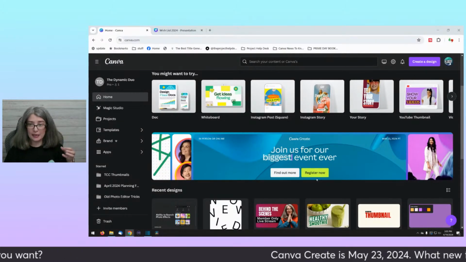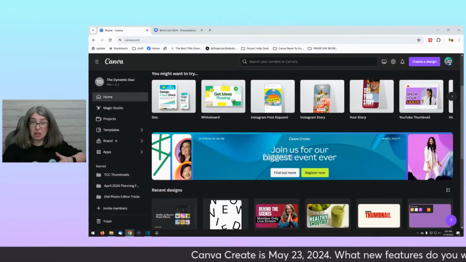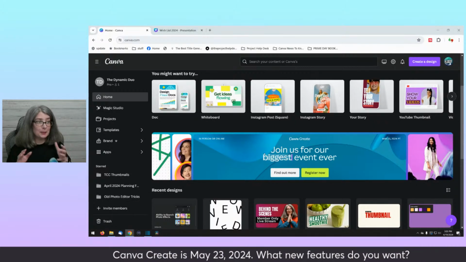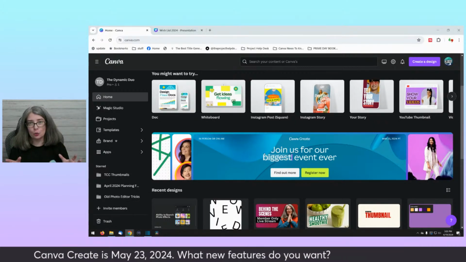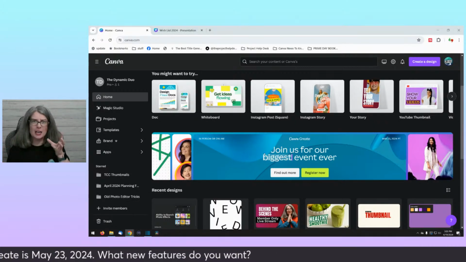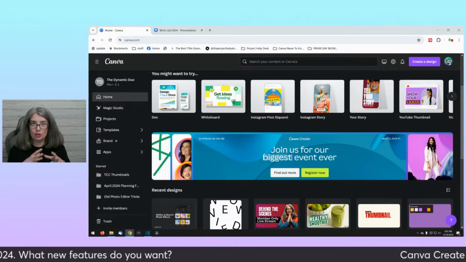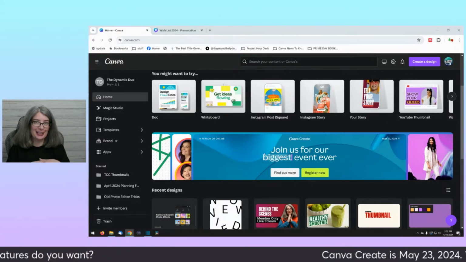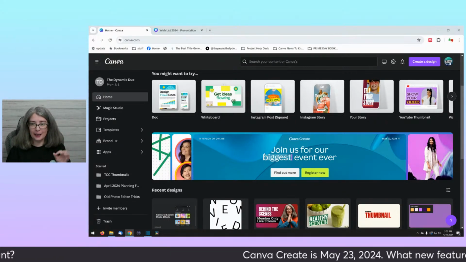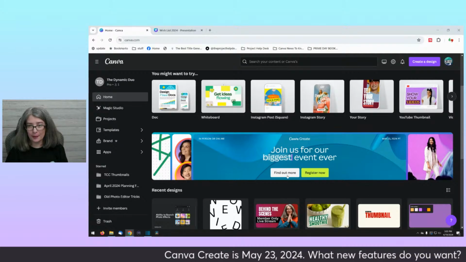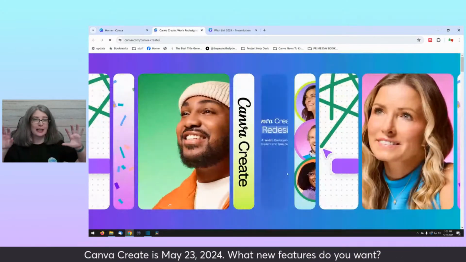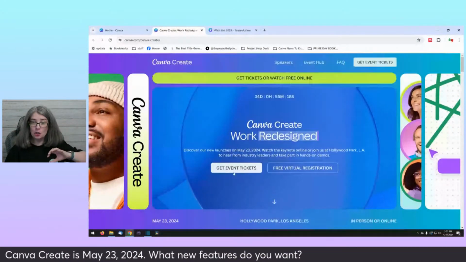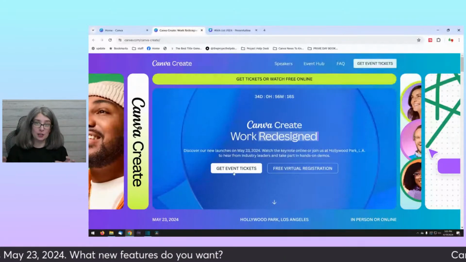But Canva Create is a huge event. And typically around Canva Create, there are a lot of new features that come into Canva, and it's super exciting. And we're going to find out more about Canva Create by just clicking that little button. It's actually in Los Angeles this year.